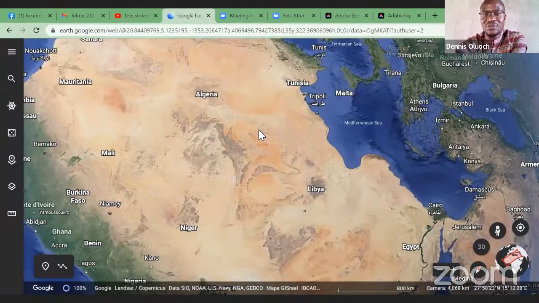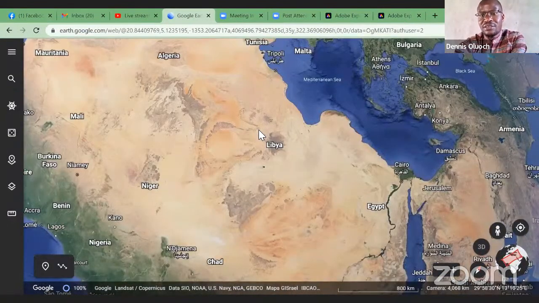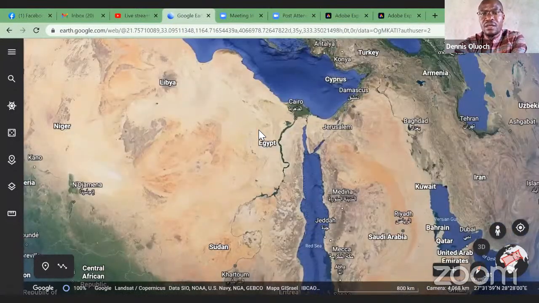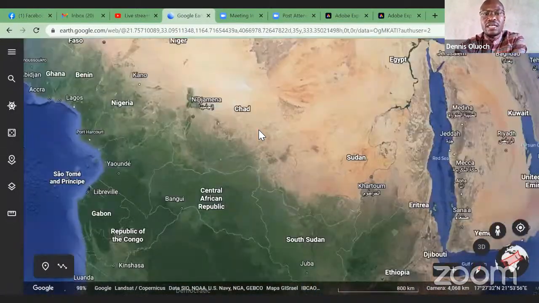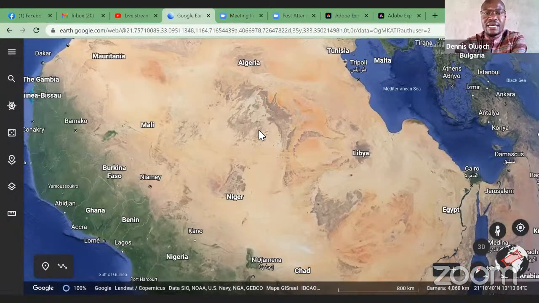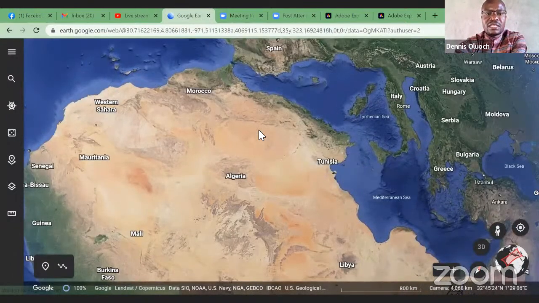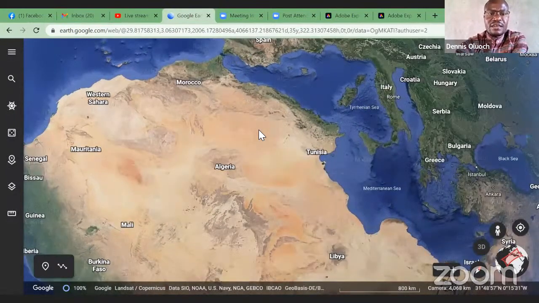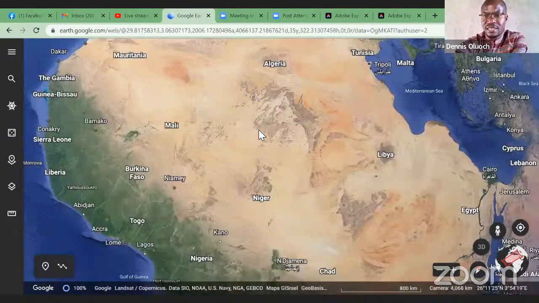And this goes until you find Egypt there, you find part of Israel, you see Jerusalem, you see Sudan, Chad, Niger, Mali, Algeria, Western Sahara, Mauritania. Those areas are serious deserts.